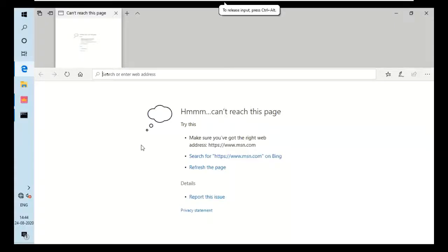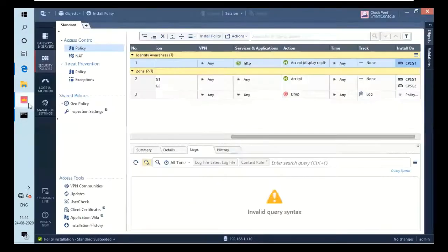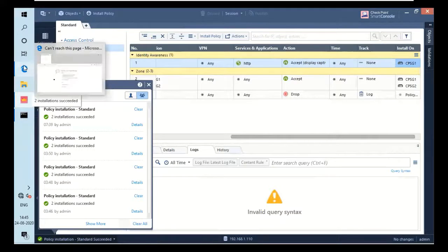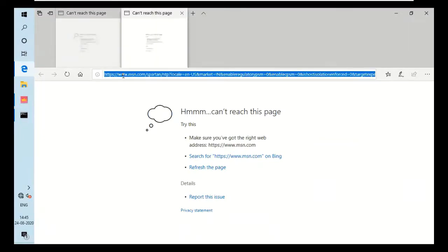So finally, our policy is installed and let's check it out. I will show you it's installed, right? If I click on it, it will show that the policy is installed and we don't have any current sessions. So I will go for our Internet Explorer, right? I'll click on it and it's open like this. Let me make it bigger. So I will access it directly, right?